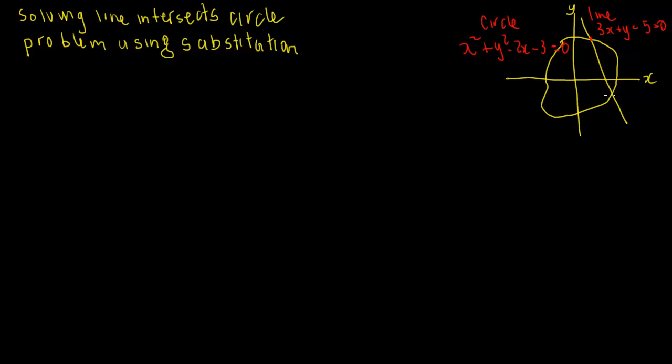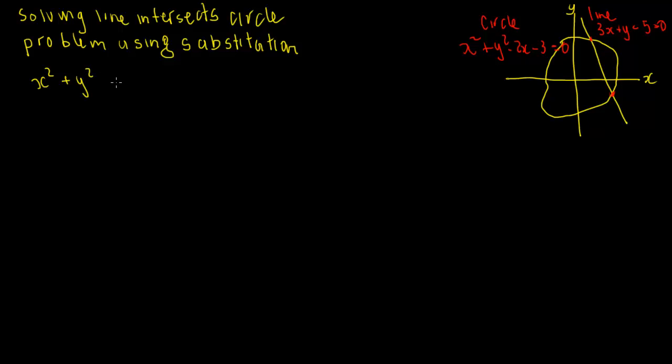So if we are to solve these two equations together simultaneously, although here we're going to solve them by the substitution method, we should get two results, one being this point here and the other one being this point here, the points where the circle and the line intersect. So let's get cracking, and first of all we'll write down our circle equation: x squared plus